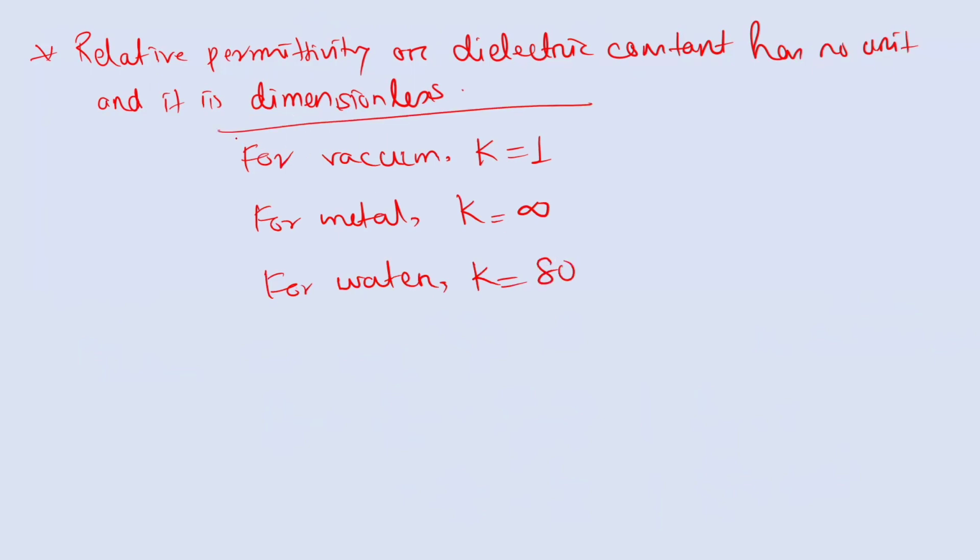This is just for your knowledge. These values are given in questions when you are dealing with mathematical sums, but I have written them so that you remember these three basic values for these three different media. So this is all about the permittivity of the medium, relative permittivity and